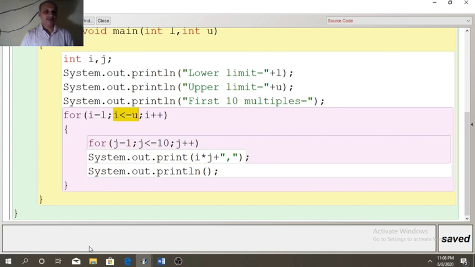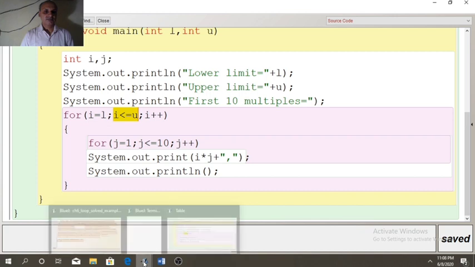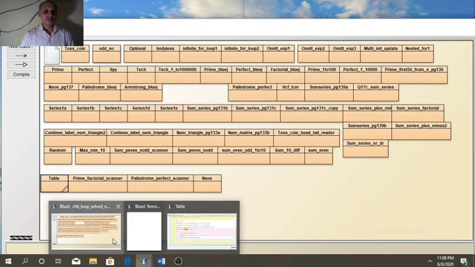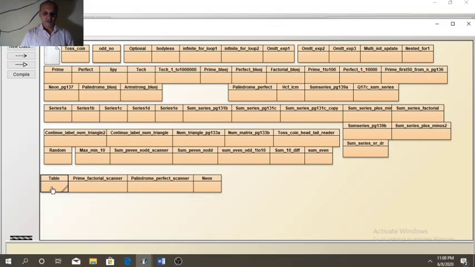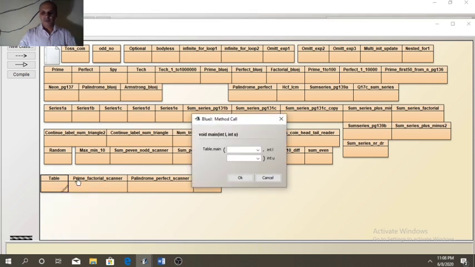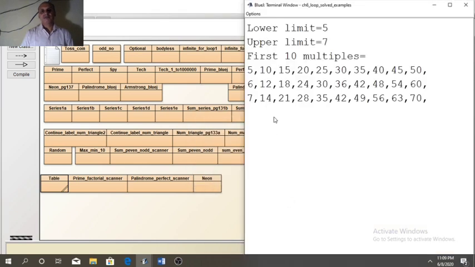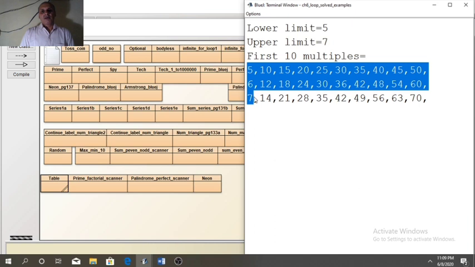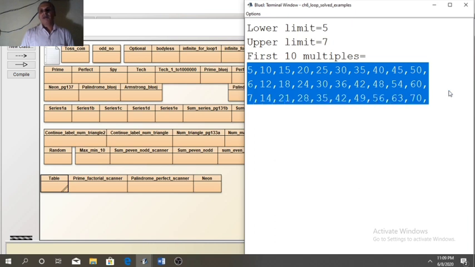Now see the result. 5 and 7 I have entered as lower and upper limit. Now you can see the result. Table of 5, 6, 7.